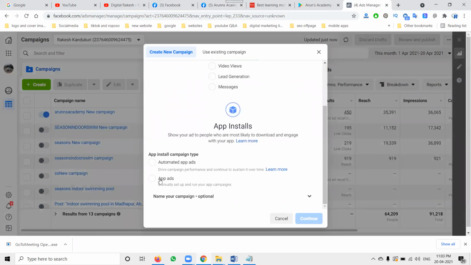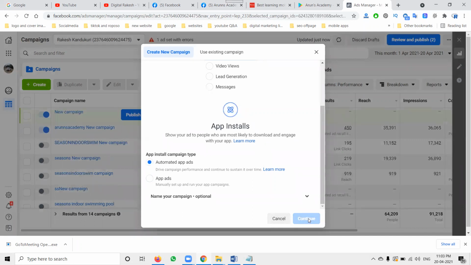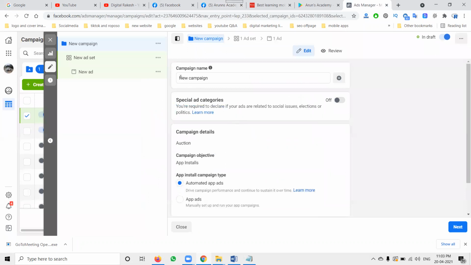Automate app ads drive campaign performance continuously in this particular app, or you can manually set up a run app campaign. We'll be selecting any one option. Select your option here.